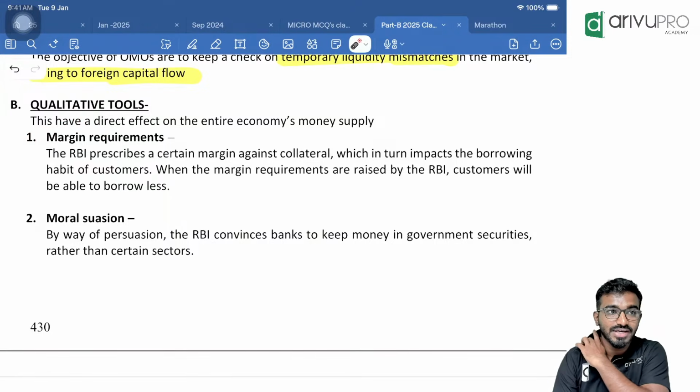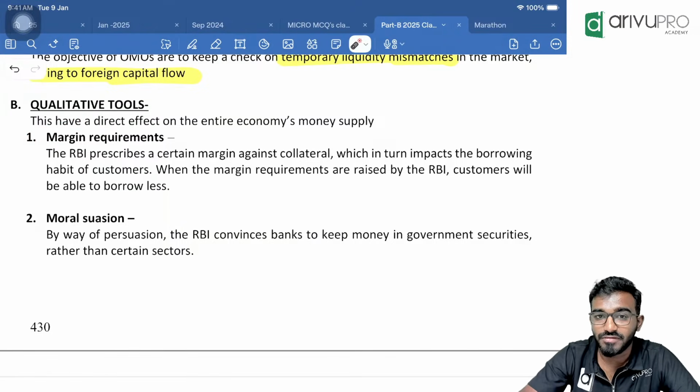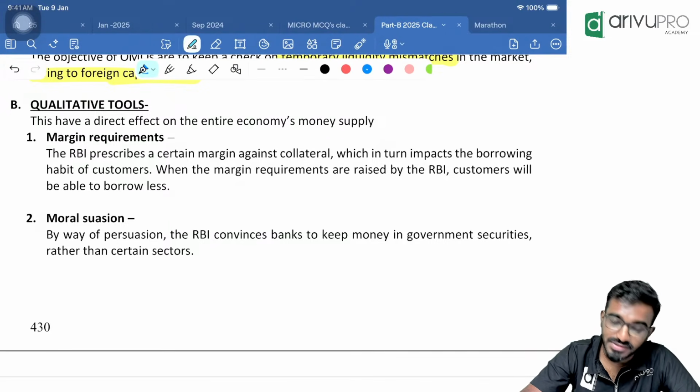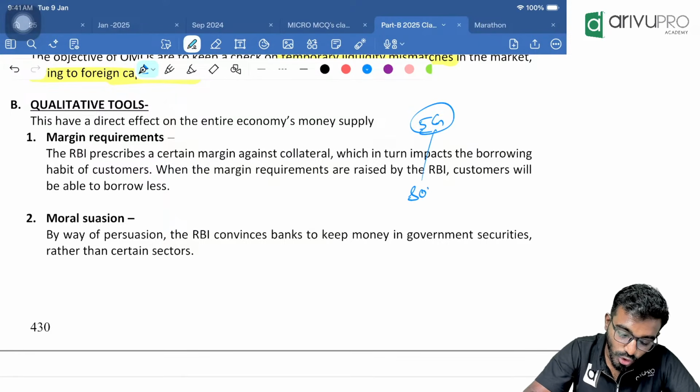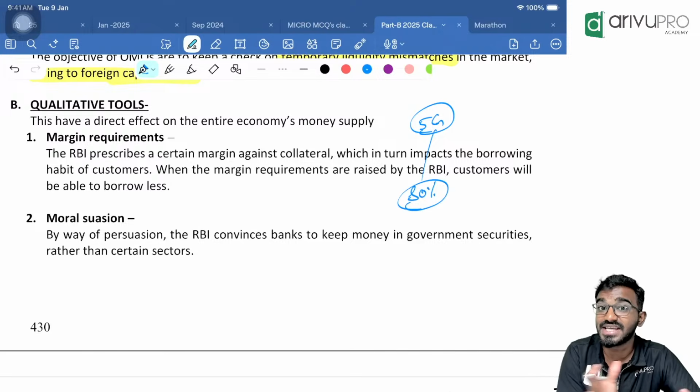Marginal requirement. Now let's say I have a property worth 5 crore in a corner site in Coimbatore. I will take the property papers and go to the banker. I will say the property is worth 5 crore, give me a loan worth 5 crore. Now the bank manager will say we can't. What if, like Vijay Mallya, you take a loan and abscond? Possibilities are there, right? You may do this. So better we will only keep 80% as a loan. Another 20% we will keep as a safety stock. Who decides the 20%? RBI.